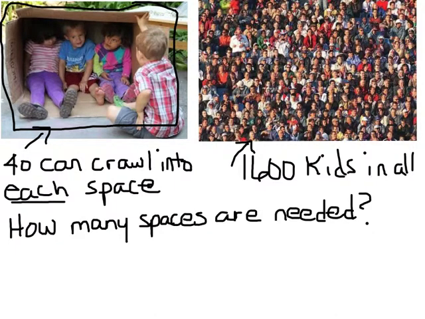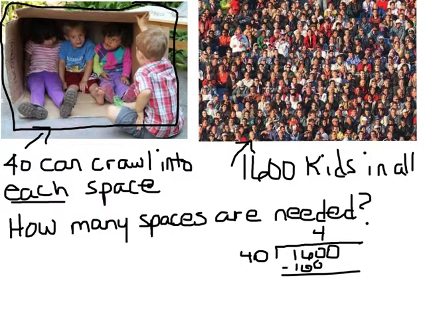Now in this one, I'm going to use the division algorithm, and I'm going to say 40 spaces and 1,600 children. Alright, 40 will go into 160 4 times, and that's 160. And when I subtract, I get 0 and 0 and 0. Alright, so it looks like I'm going to need 40 spaces,